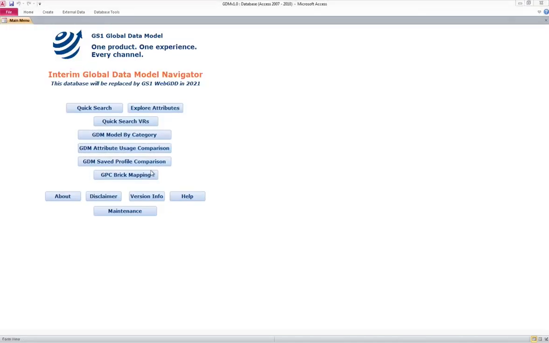Comparison is GDM saved profile comparison. So once you've got two GDM saved profiles, you can start comparing your profiles and see where there is a difference between the two. As long as you don't have two saved profiles, this button is grayed out because you can't do a comparison with only one or zero profiles. So if you haven't got any profiles or you don't have two or more saved profiles, this button is unavailable to you. When we click on it,